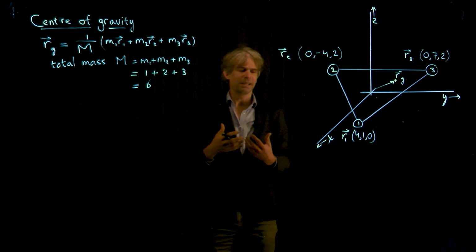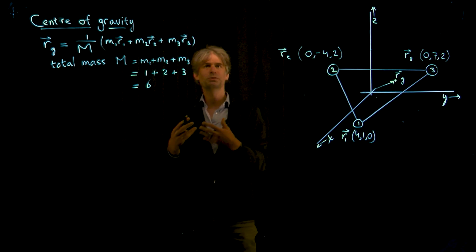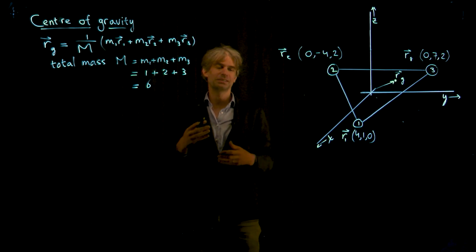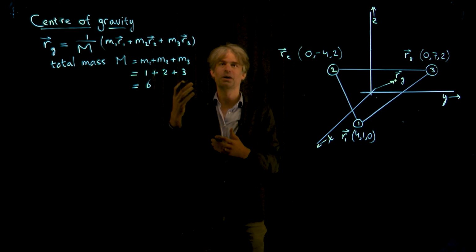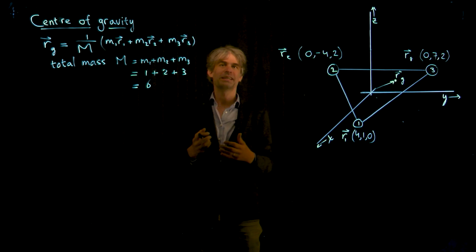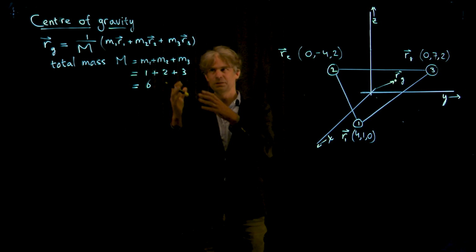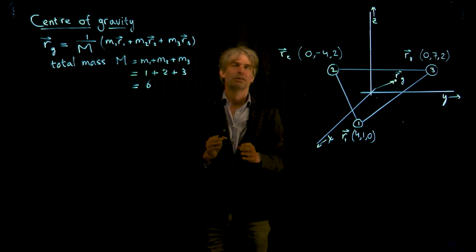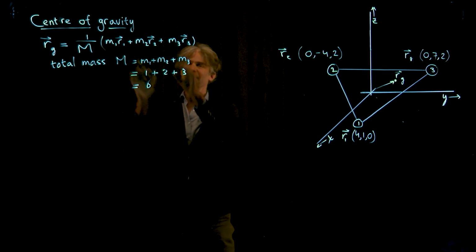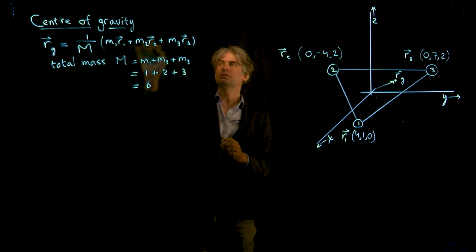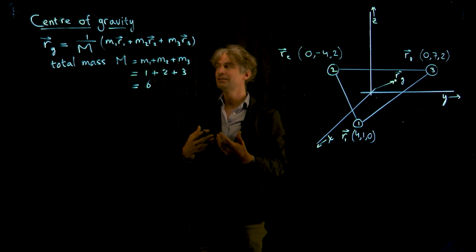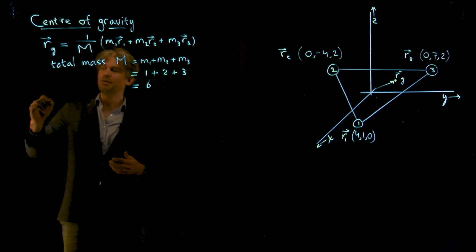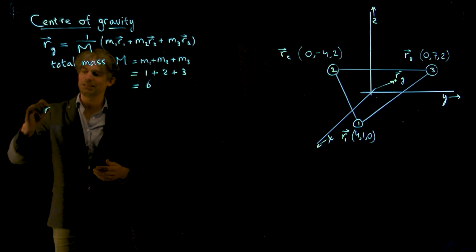It's actually the same formula that you would use to compute your grades, if you had 5 grades but the tests had different weights, like 1 and 2 and some 1 again. Then you use a similar formula, but with numbers and not with vectors. So the point here is that we do our calculations by multiplying numbers with vectors. That's also illustrated through this task. So there you go. Let's plug in the numbers and see where that center of gravity will end up.